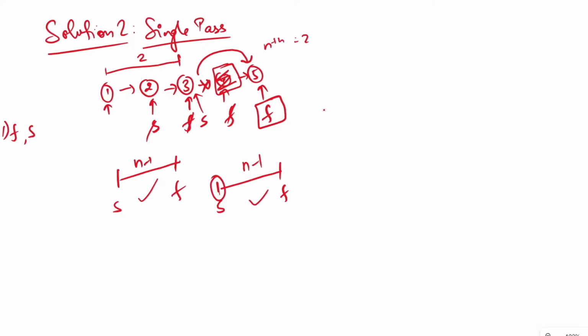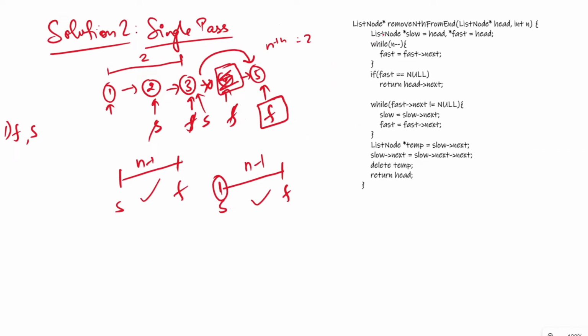Now let's check the code. First of all, we have slow which is pointing to head. Fast is also pointing to head. First of all, we move our fast pointer by n steps. Now, if our fast pointer is pointing to null, that means if I do n steps and my fast is pointing here, in that case, what does it mean? It means that, because we have to delete from the end,